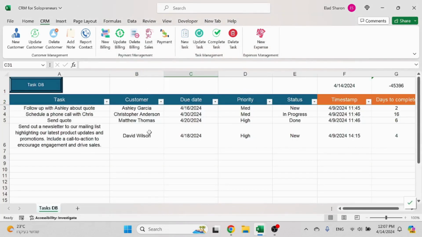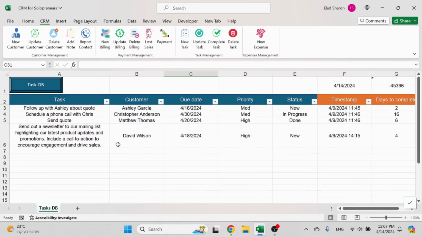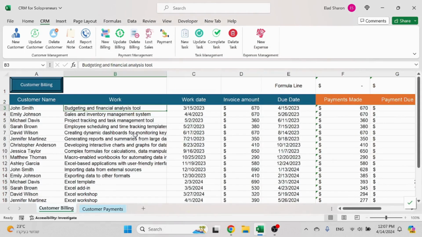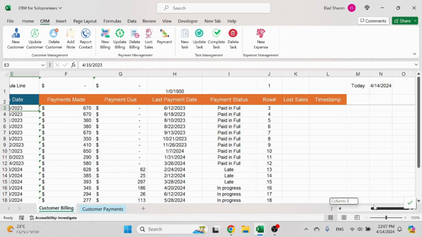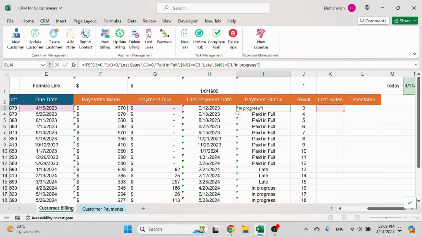There's the to-do list itself with the tasks. You have the days to complete and the completed date that you can mark. There's the customer payments where you can create a billing for a customer and define when was it done, what is the invoice amount and the due date, and then the columns will show you how much was paid, what's left, last payment, and a status, which is based on the situation. Could be paid in full, late, in progress, or lost sales if you define this to be a lost sales